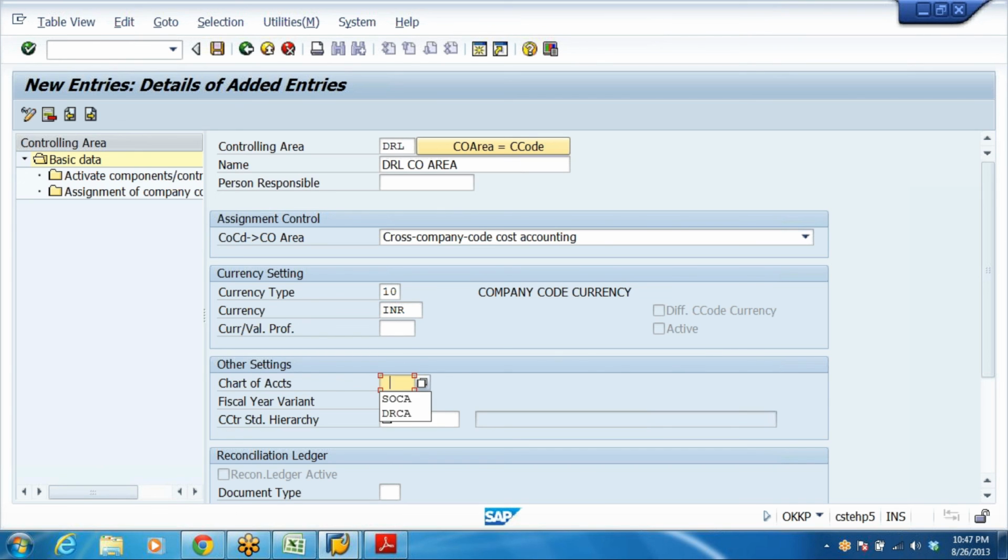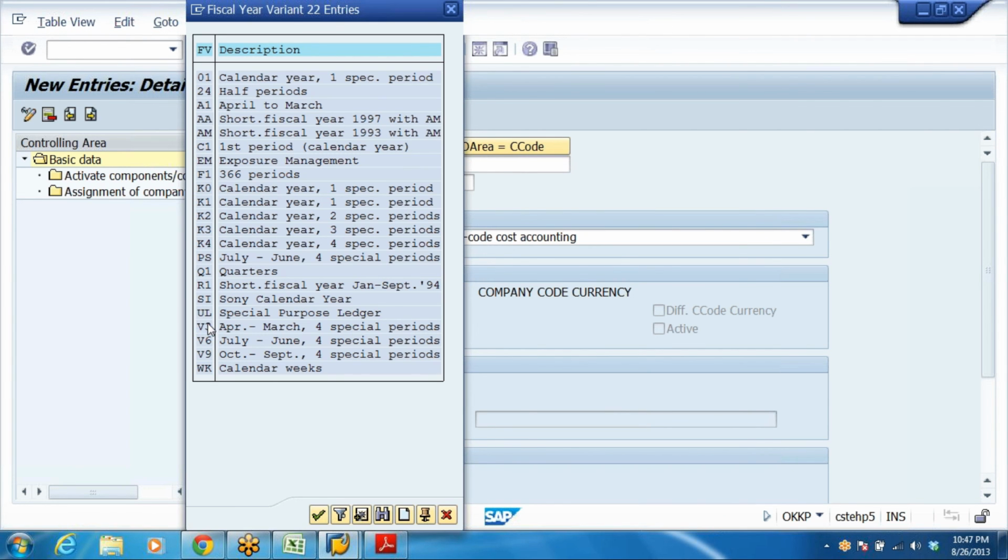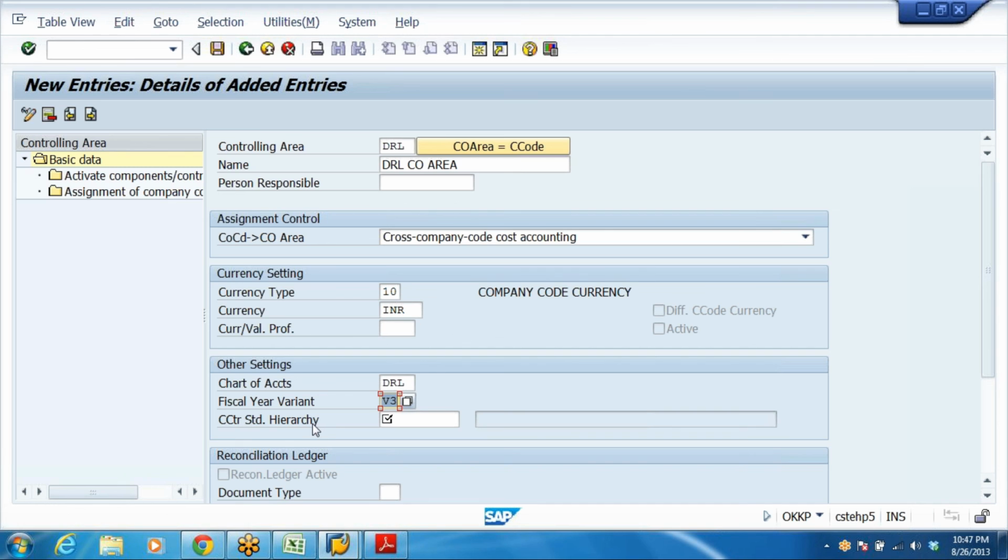Chart of accounts, we have the DRL chart of accounts. Then fiscal year variant, that is V3. What fiscal year variant are we going to use? V3. And standard hierarchy. Right? The standard hierarchy, that is the hierarchy of cost centers, has to be defined, and for that purpose we use it. Anyhow, all these things we are going to study in depth when we go to the controlling area. But now we are just formally defining this controlling area